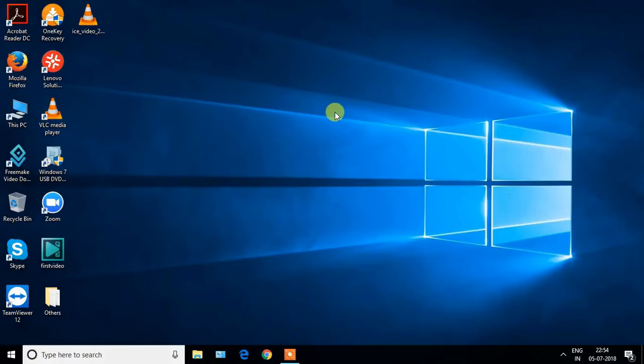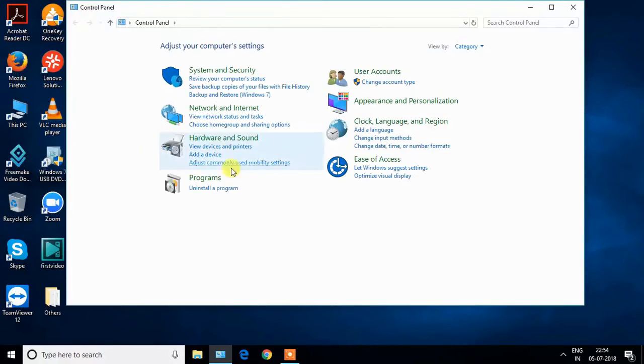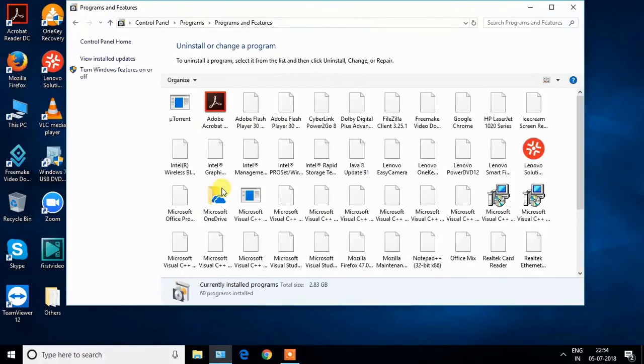After disabling all the unnecessary applications, go to the search bar and type control panel. Now click on the search result Control Panel. Click on uninstall a program.